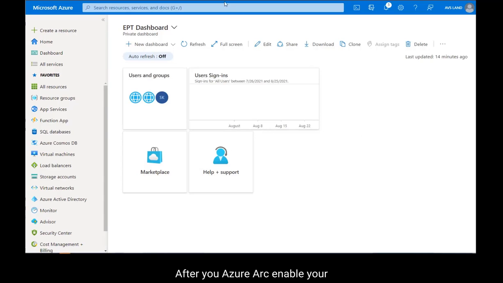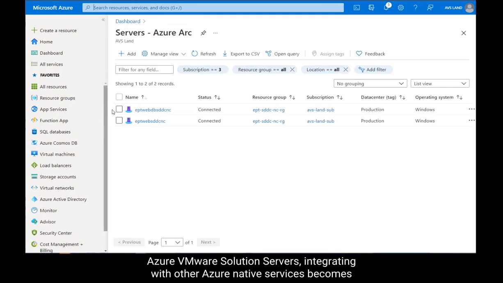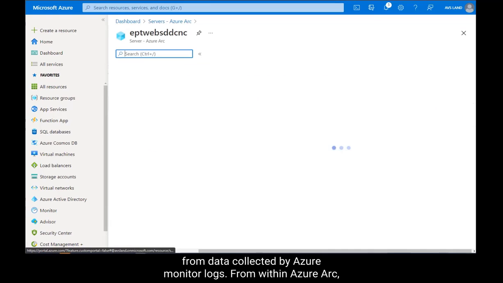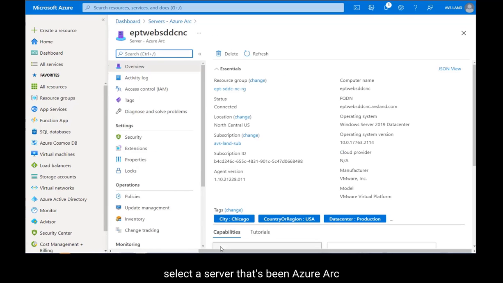After you Azure Arc enable your Azure VMware Solution servers, integrating with other Azure native services becomes easy. For our next integration, we'll enable Log Analytics. Log Analytics is a tool in the Azure portal to edit and run log queries from data collected by Azure Monitor Logs. From within Azure Arc, select a server that's been Azure Arc enabled, and let's add the Log Analytics